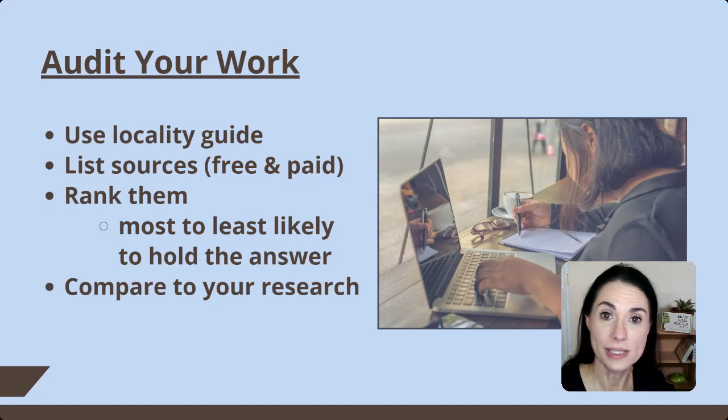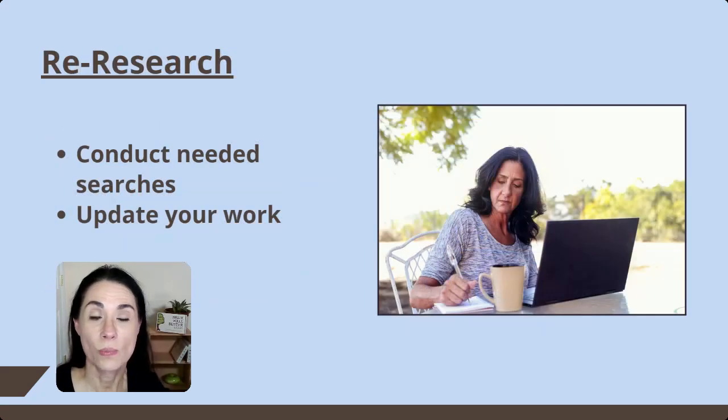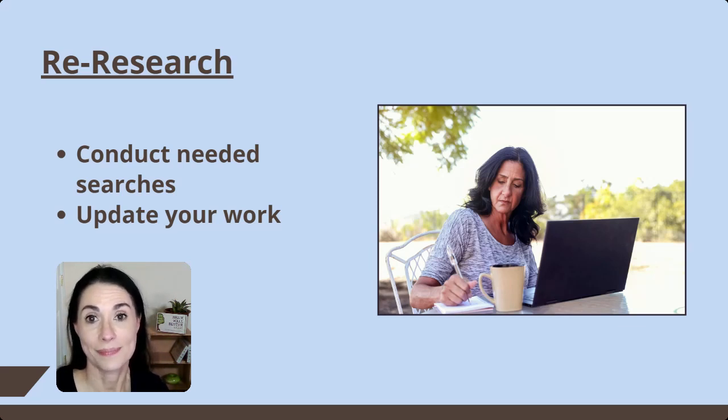And if I have searched it, if I have looked for it, I can mark it off the list. And at the end of that process, that is going to give me a research plan, a list of things that now I need to go back out and do another search for. And I'm going to start at the top of that list because those are the things that I said were more likely to answer my research question. So now I've got a plan of attack. Now I know exactly what I need to do to make sure that I have found everything.